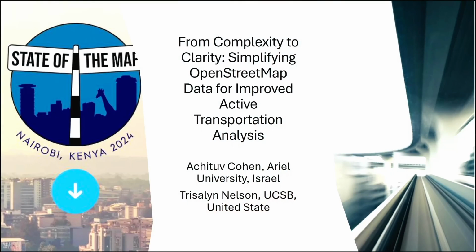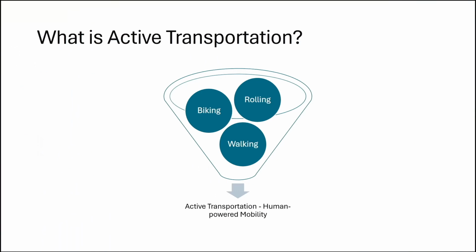Thank you, Yair. And so today, my topic is highly relevant for those of you working with the OSM data road network, and even more relevant for those of you trying to do active transportation analysis. So the first question would be, what is actually active transportation? Before diving in, let's explain what active transportation is, which is any movement of people or goods that originates from human energy, such as walking, bicycling, and so on.